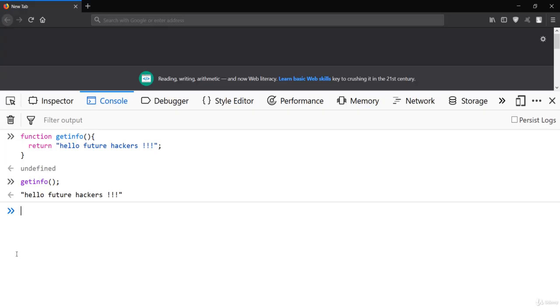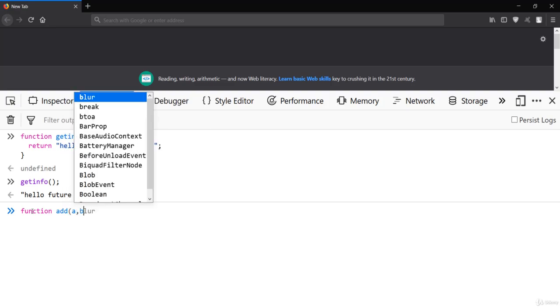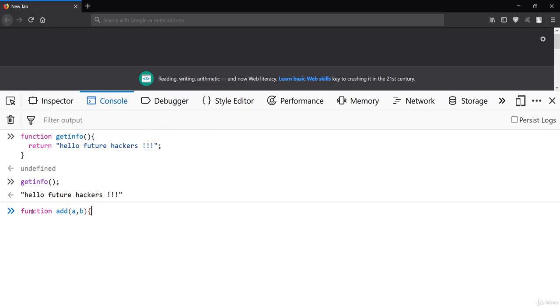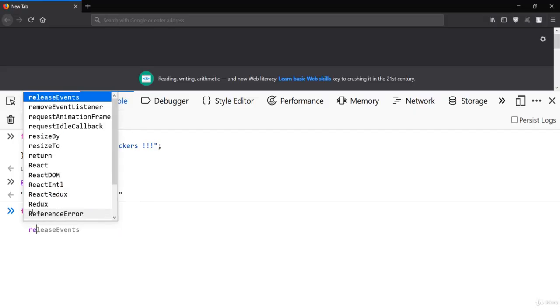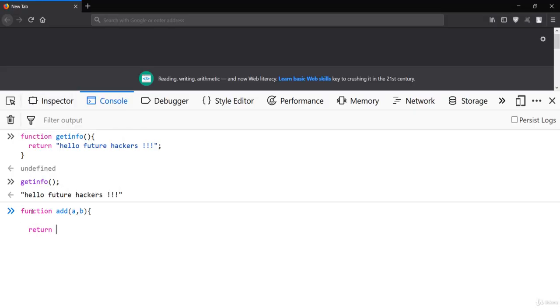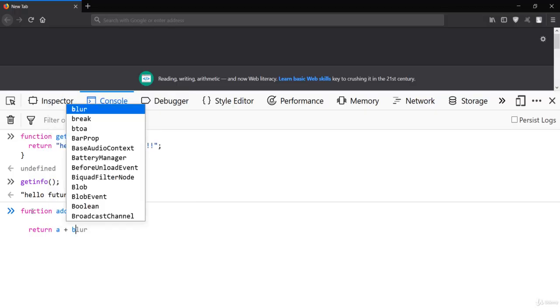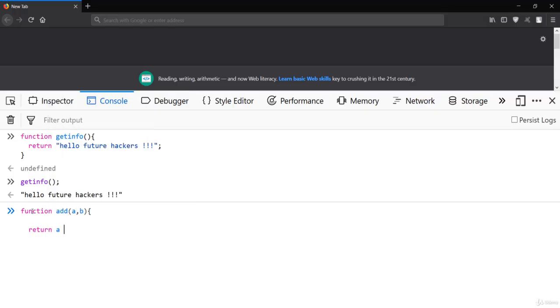Now let me make another function, and this time it will be add, with parameters A and B, and this method is going to return the addition of A and B. You can also multiply, but I'll just say addition of A and B. So this is your method.